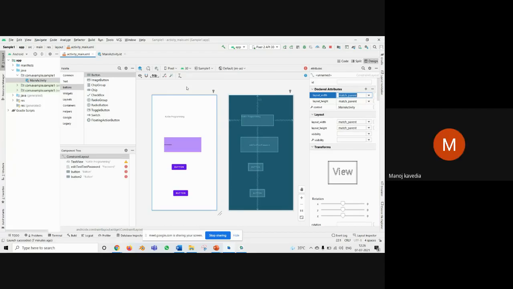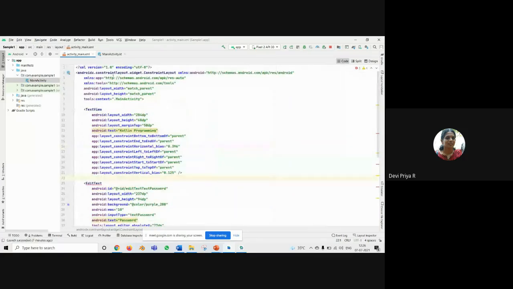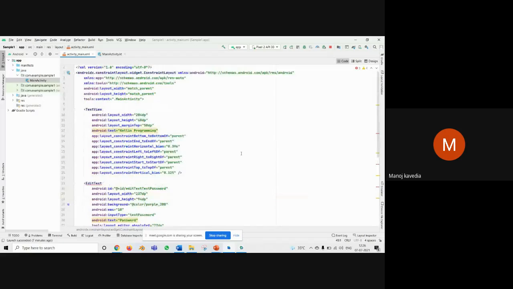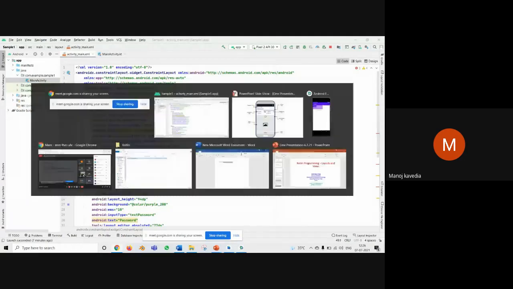We can have all these things here itself, or you can have it in your code; by default, it is constraint layout. Here you can open another tab and create your layouts. Can we combine multiple layouts, one layout inside another layout? Yes, sir, we can have.